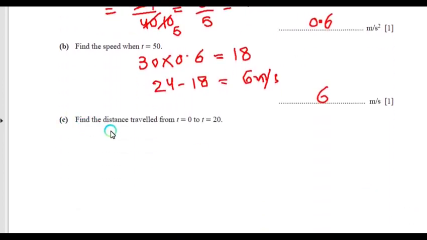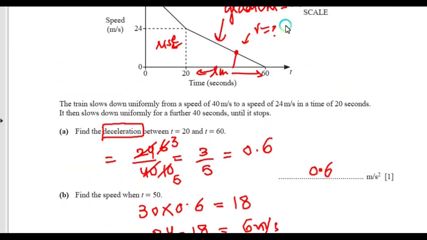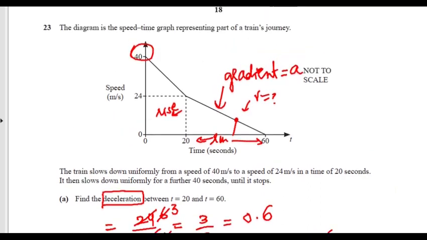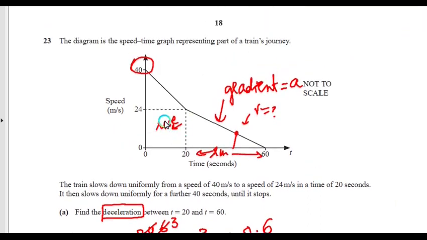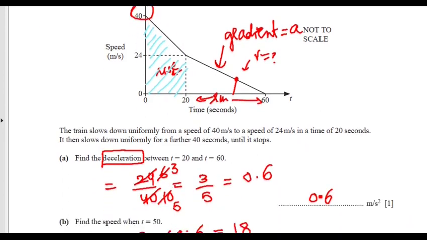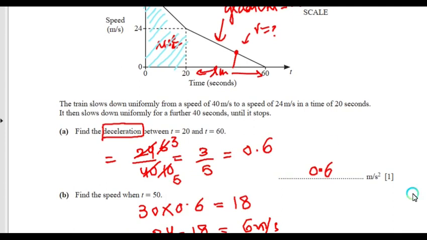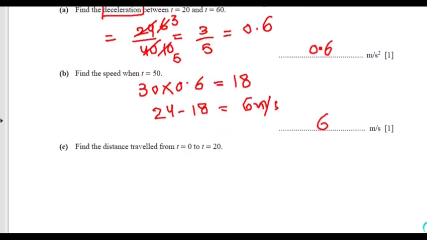Next is part C. Find the distance traveled from t 0 to 20. 0 to 20 is this. So to find the distance from the speed time graph, we need to find the area under the graph. So we'll be finding the area of this portion, right? And obviously this is a trapezium figure. So the area of the trapezium will be the distance traveled from 0 to 20 seconds, right? So